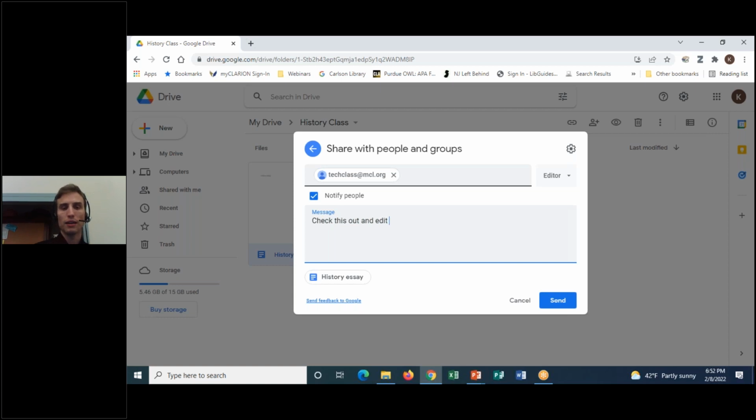and edit as you see fit. Check this out and edit as you see fit. Okay, there's my message. And then you'll see down here, that's the actual attachment to the email. That's the actual file, which means